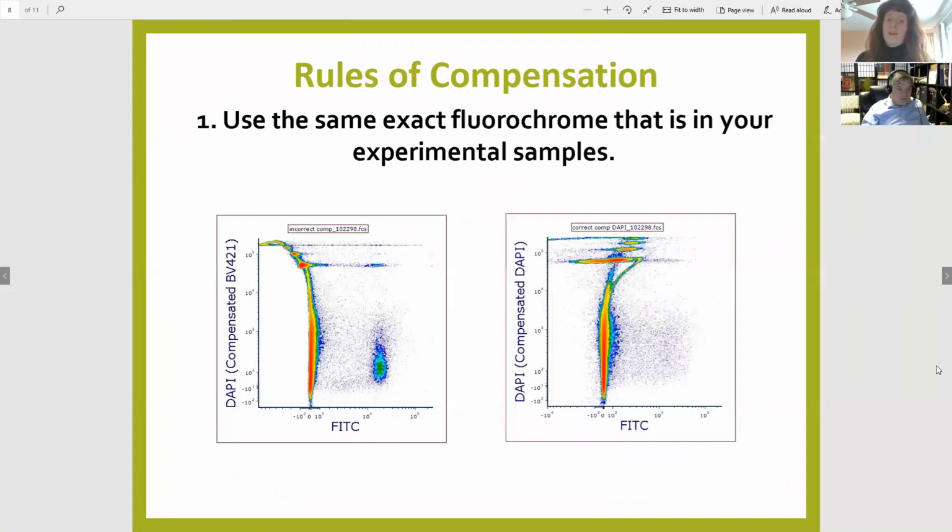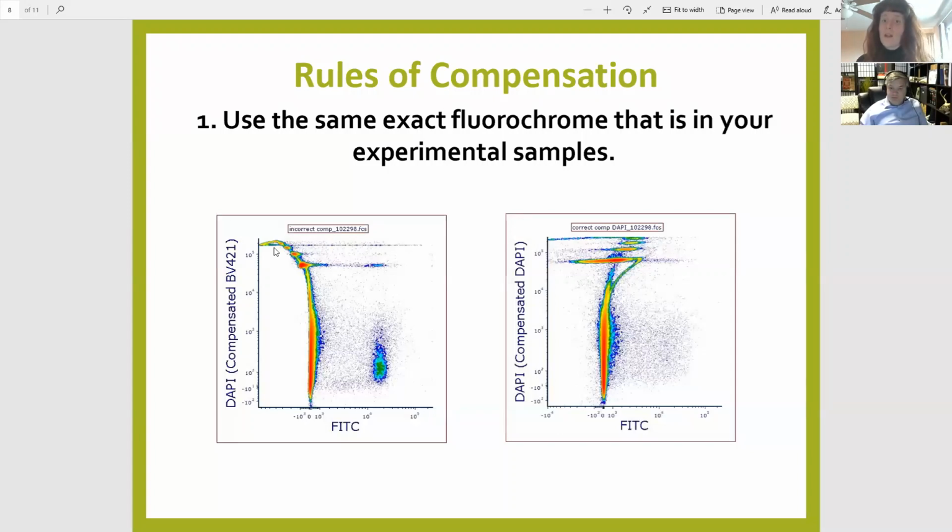A nice example of that is a data set where I had a user that had brought in a BV421 single color, and once we started looking at her data, I said, this doesn't look like a CD marker, and she said, oh, well, it's DAPI. So when we looked at the BV421 as the single color and compensated with that, if you look at it with FCC and BV421, there's a clear overcompensation. And you can see that because it's swooping, right? We're seeing that it looks incorrect by eye. So we have that nice visual pattern that's showing us that the compensation does not look correct for this experimental